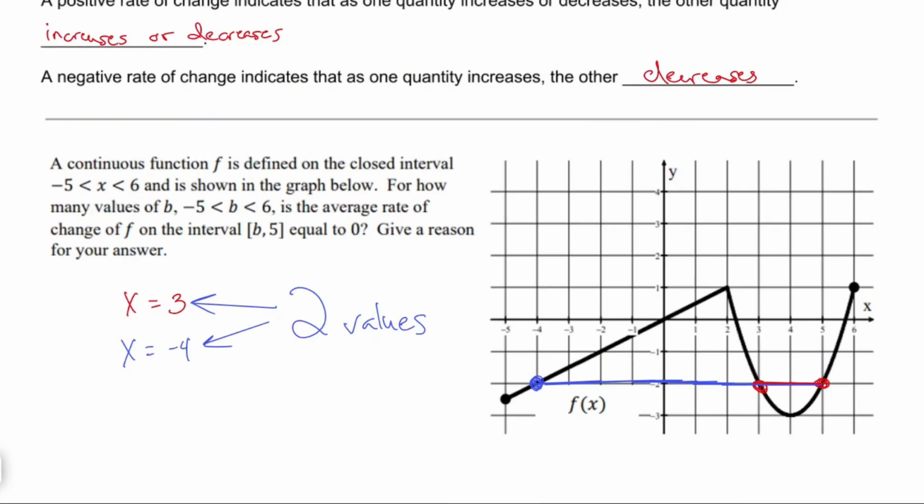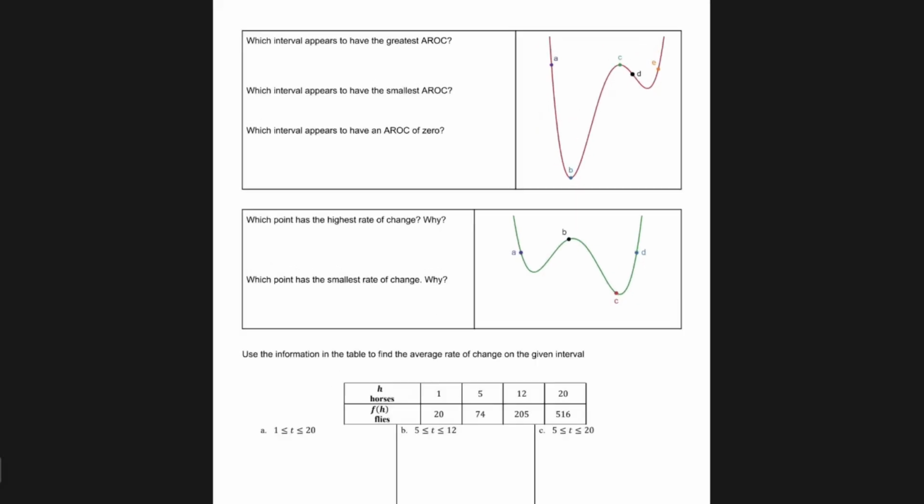Okay, so let's wrap this puppy up. We got some practice problems to do, okay, on this back page and the final page here. Is it the final page? Yeah, it's the final page. I paused it and looked ahead. All right, so